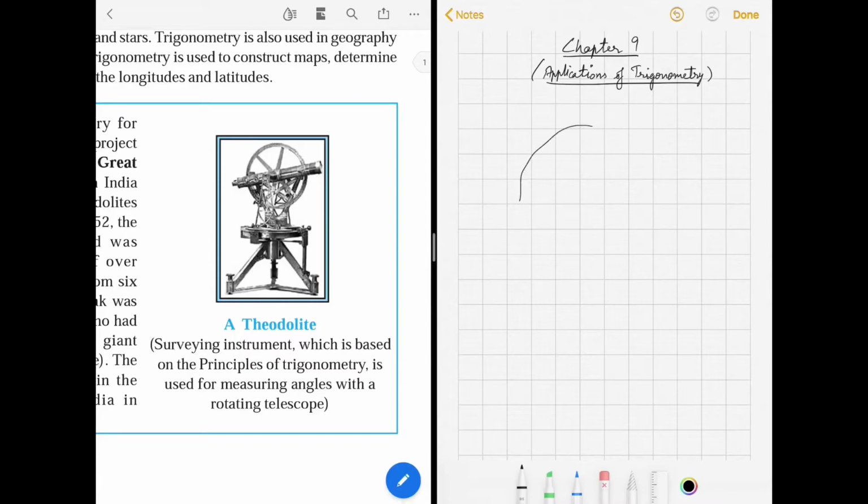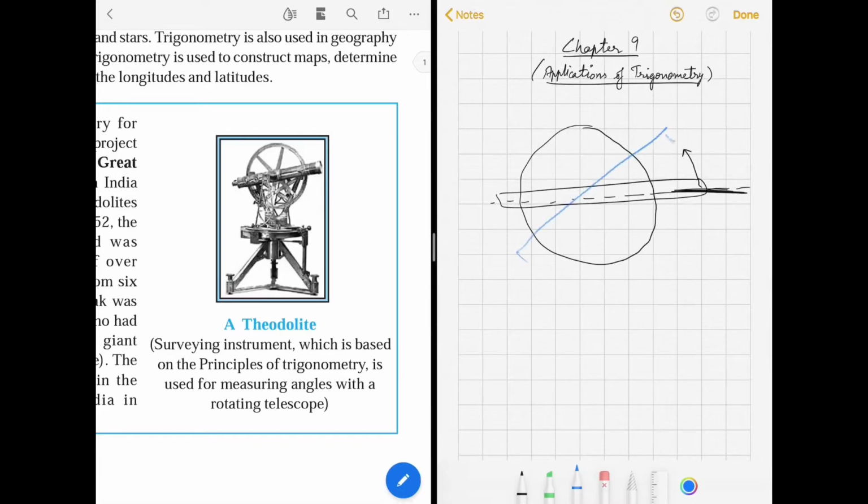For example, imagine this is that circular ring on which this telescope is mounted. All right, so this is a line of sight. Basically you can imagine it to be our x-axis. Now as well, I'll move the eyepiece up, in the anti-clockwise direction. It will be like this, somewhat in this direction.